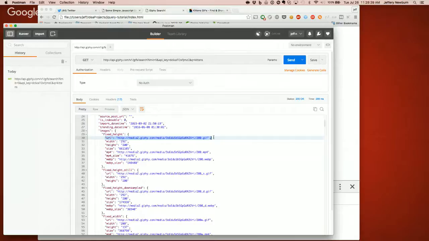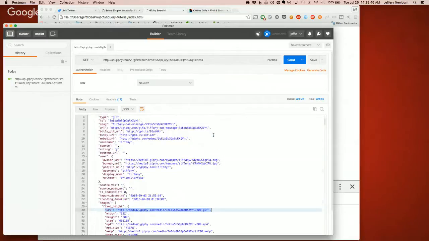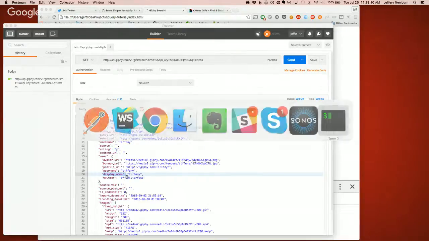Okay? Now, any of this could work. Say we wanted to get the user's name, so we can attach their name to it. It would be image dot user dot avatar URL, or I'm sorry, display name. That's how you would make that happen. Does that make sense? I know the syntax is a little bit strange for you guys right now, but it's not all that difficult. And the good news is if we look at some of the stuff we had for yesterday,